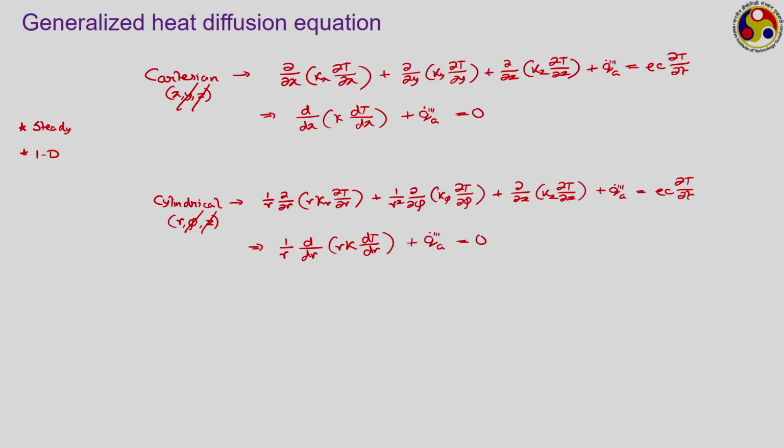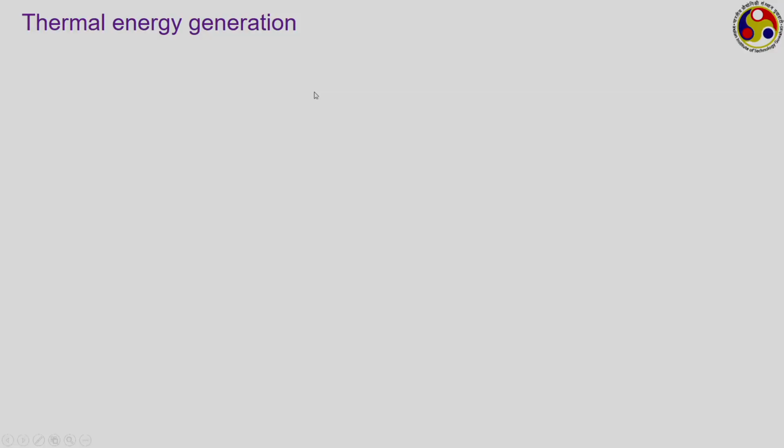Now, in this week what we are going to talk about is a special scenario where either k can be a variable or q g dot triple prime is present in the system, and it is also possible that both of them, that is the spatial dependence of k and also the heat generation, need to be considered. Let us talk about the energy generation first. In this lecture I am going to talk about 1D steady state heat conduction with energy generation. Now, what are the possible scenarios where we can have some kind of energy generation present in the system? We have talked about examples like some nuclear material, but another very common source can be an electrical resistor.